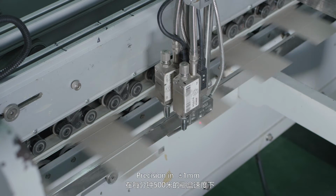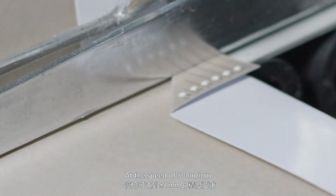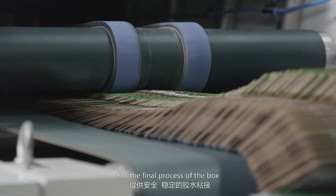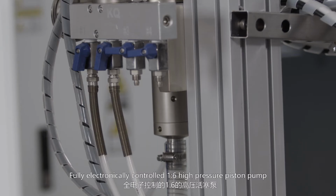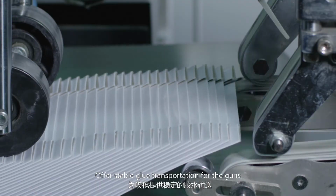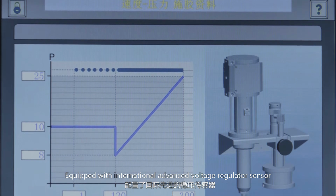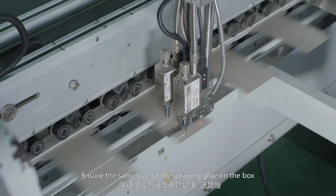Precision is plus or minus 1 mm at a speed of 500 meters per minute, providing safe and stable gluing contact. For the final process of the box, the fully electronically controlled 1/6 pressure piston pump offers stable glue transportation to the guns, equipped with an international, advanced voltage regulator sensor to ensure the same size of the spraying glue on the box